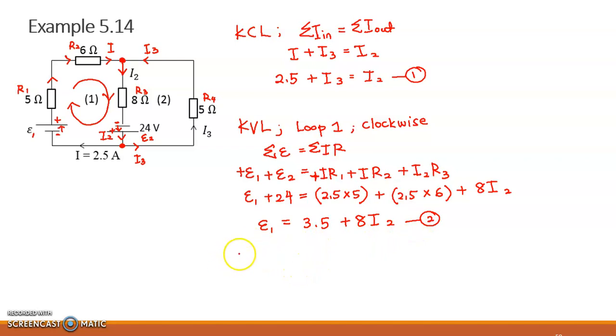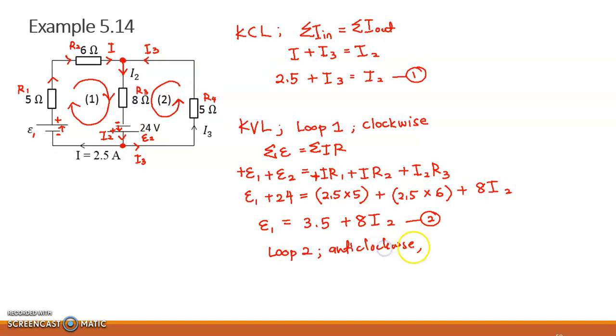For the second loop, loop 2, I want to make the loop anti-clockwise. So what happened to the EMF? If the loop is anti-clockwise, it will follow this direction and it will pass through the negative terminal and then the positive terminal. So EMF2 will be positive,